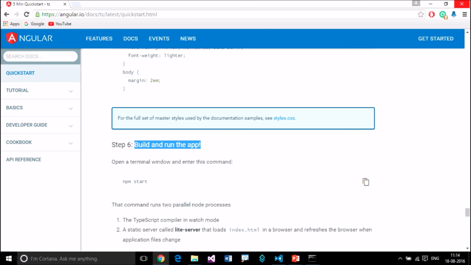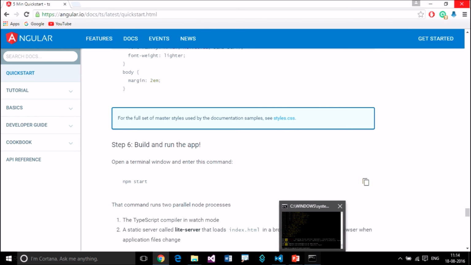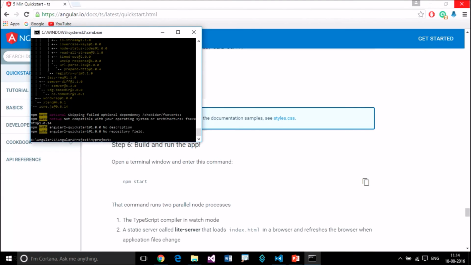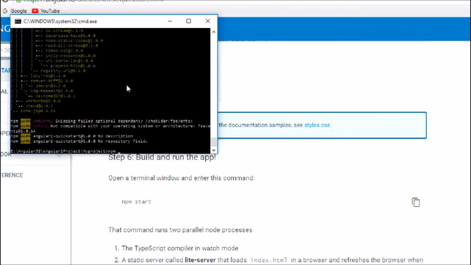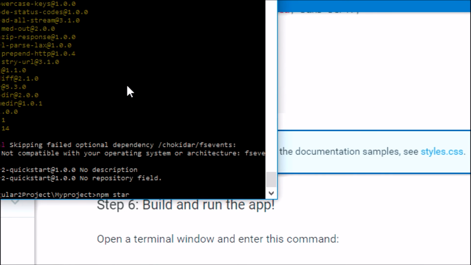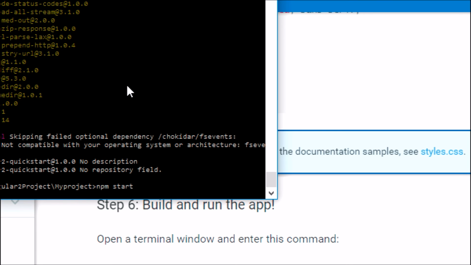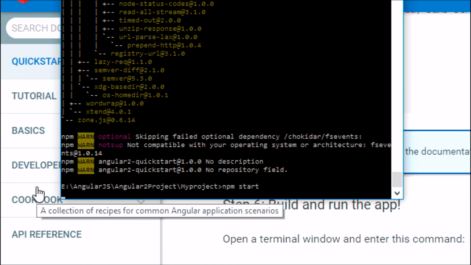Okay, build and run the app. For that we just need to run the npm start command. So let's run that. npm start. I'm hitting enter. What is going on?